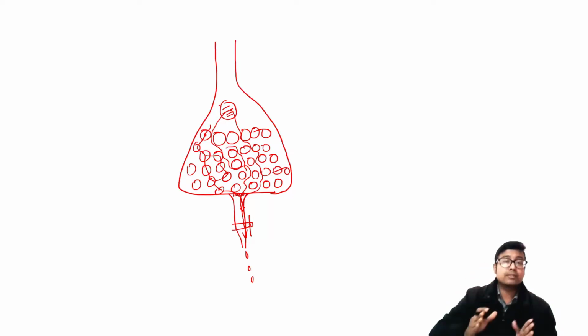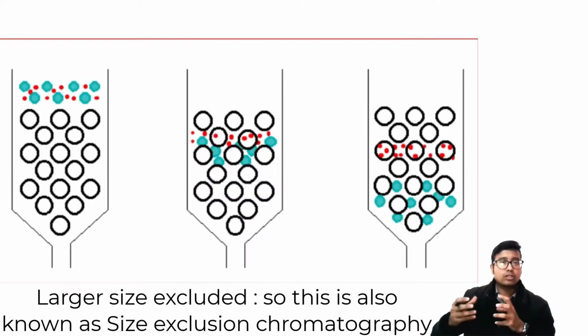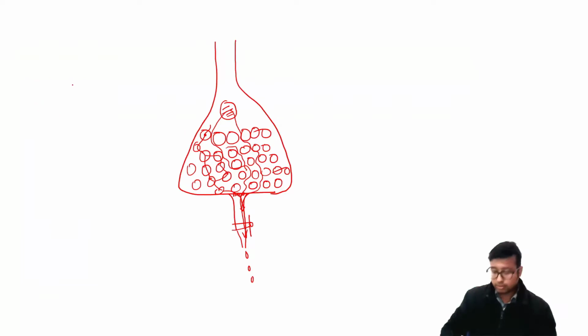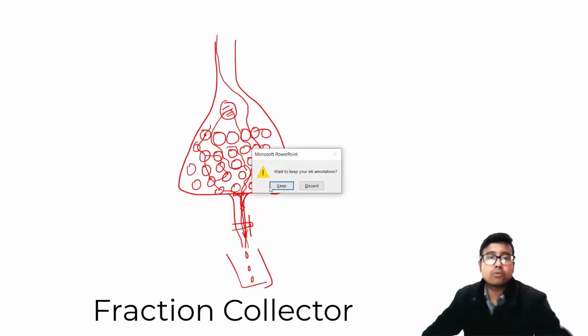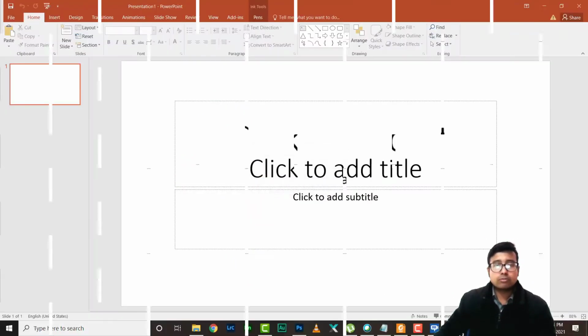And using this principle, we can separate a mixture of any substance, maybe proteins, where one has a big molecular size and one has a small molecular size, with the help of this type of chromatography. In all this process, the mobile phase will continue to flow across the column, and whatever protein is coming out will come out with the mobile phase and be collected in the fraction collector, right? So this was all about the small update regarding gel filtration chromatography.